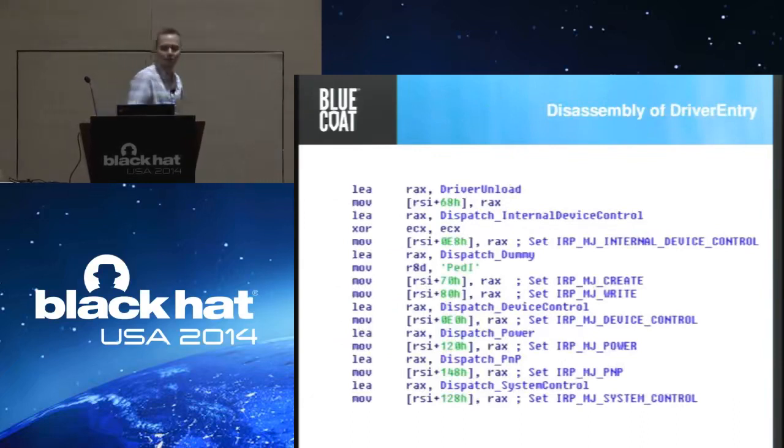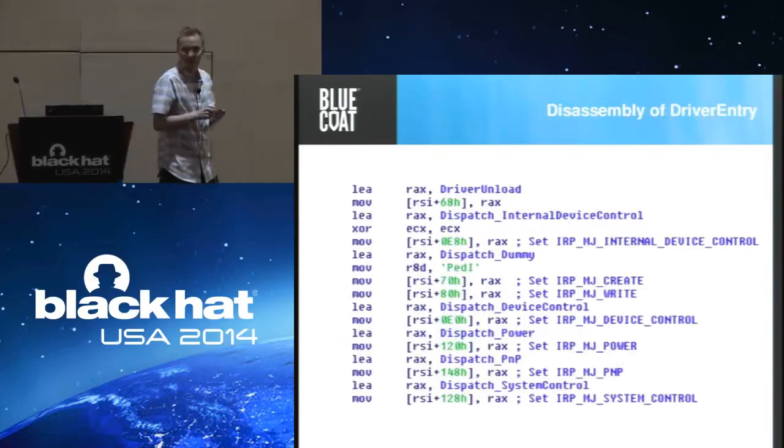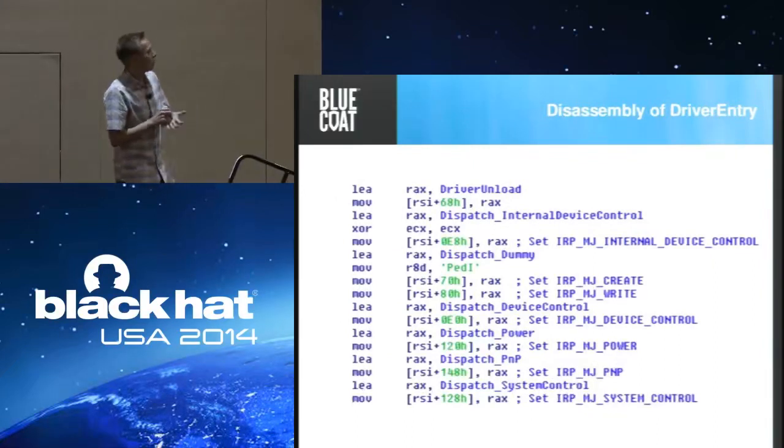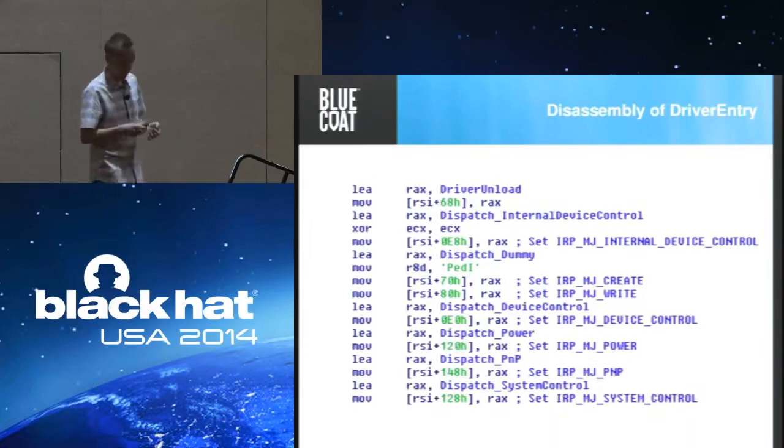So this is a disassembly of an actual miniport driver, 64-bit. You can see that the logic is pretty much similar to what I showed you in the simplified example in C, right? It will basically set up the various dispatch routines. So you see,